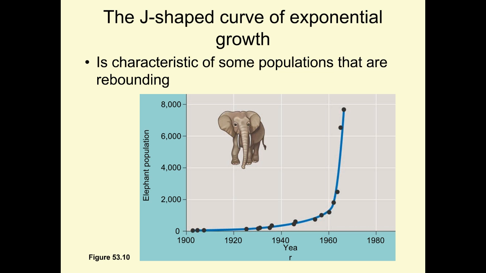Because there's always going to be a limitation of resources, right? So exponential growth can occur. It can occur in periods of time. You can picture exponential growth in a bacterial culture growing to fill a petri dish, and it can happen for periods of time. But eventually, there's going to be a limitation of resources.